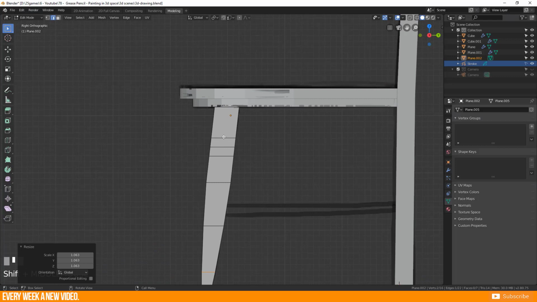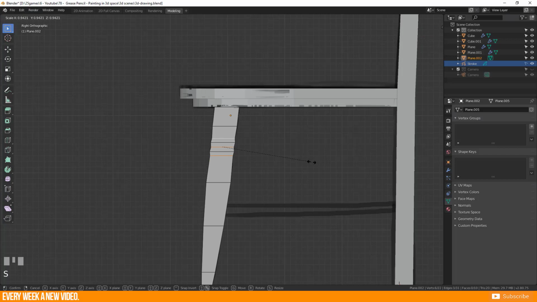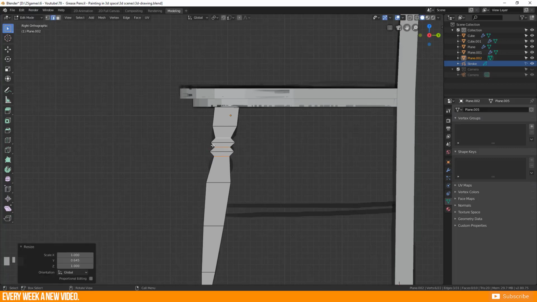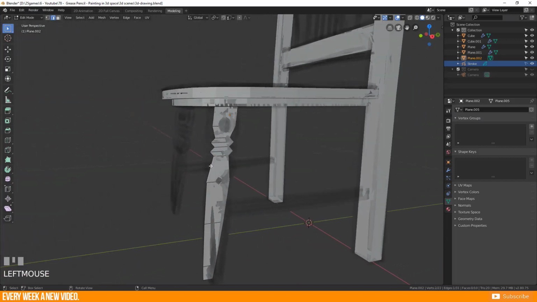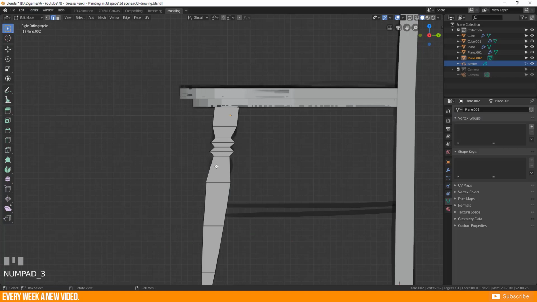Then here another one, and I guess we need to add here 2 more edge loops, and important is this one, and this one, which need to be scaled just in the Y direction, like this. So we get this shape here now, and here we have actually a round shape,